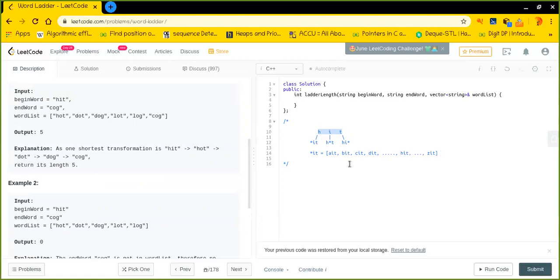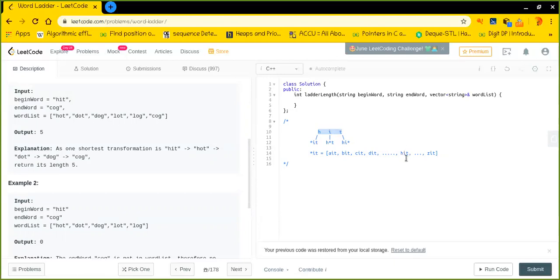Now, as you can clearly see, we also have a string which is HIT, which is nothing but the current string. So tell me, do I need to take care of this particular string as well? No, because this has already been taken. We are already here and we do not need to take it again. So it should be very unique.